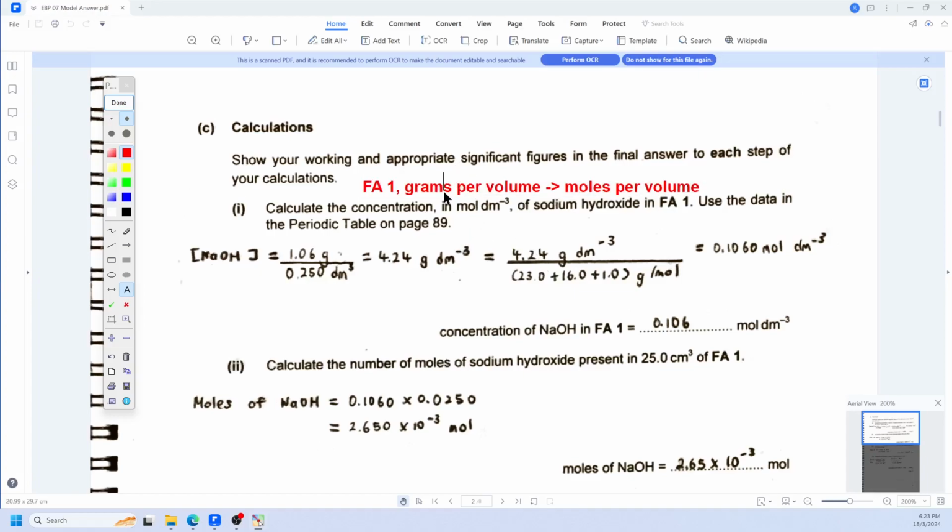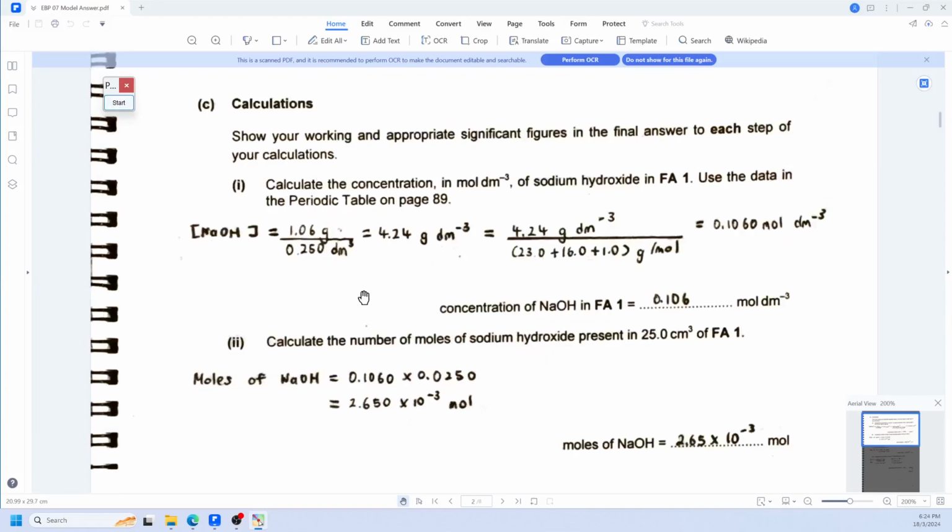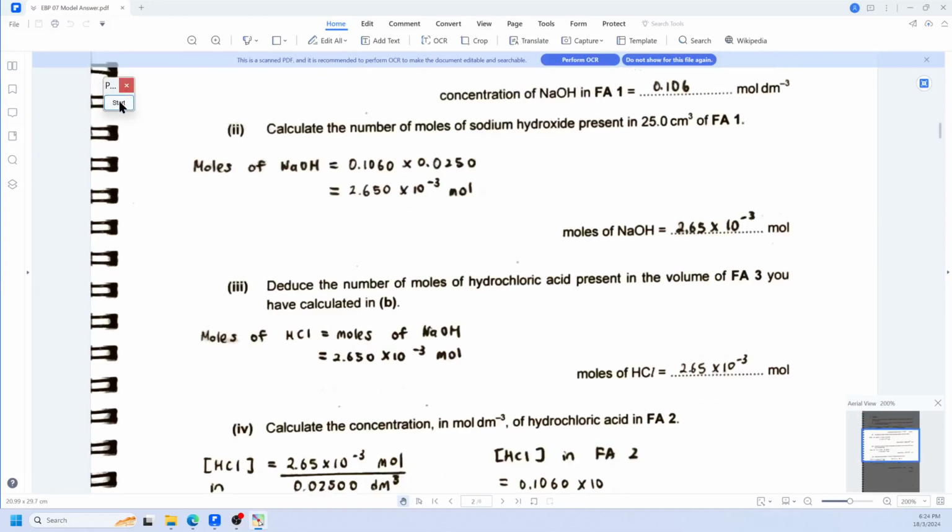So how do you do that? To change from grams per volume to moles per volume, divide by the molar mass. So this is the molar mass of NaOH. With that, you're able to find the moles per decimeter cube of Fa1, which is the sodium hydroxide. Then after that, from the moles per decimeter cube, you are able to times the